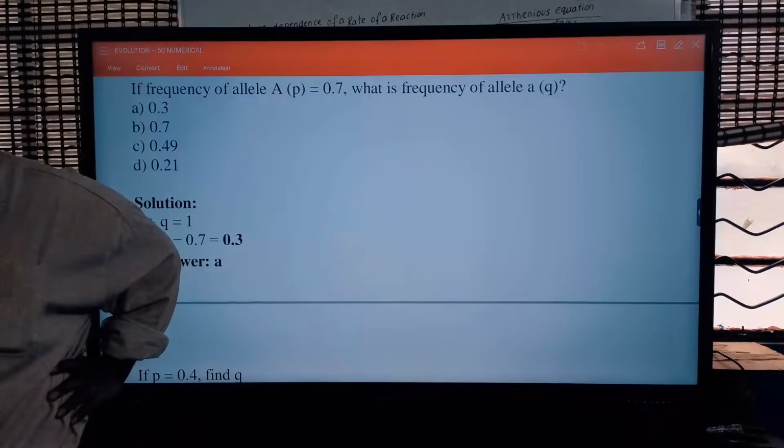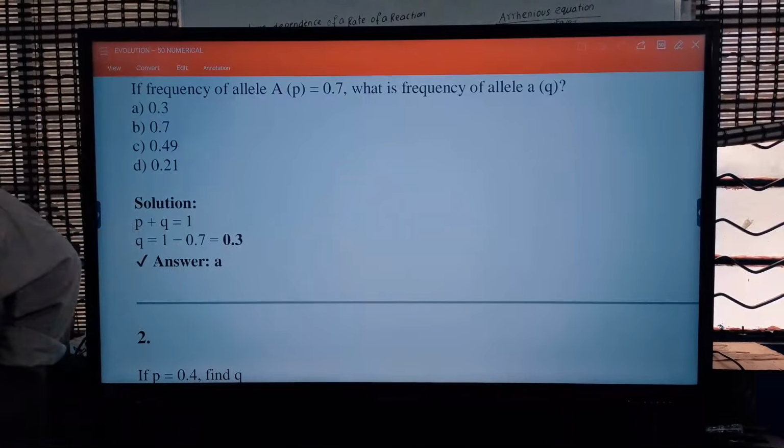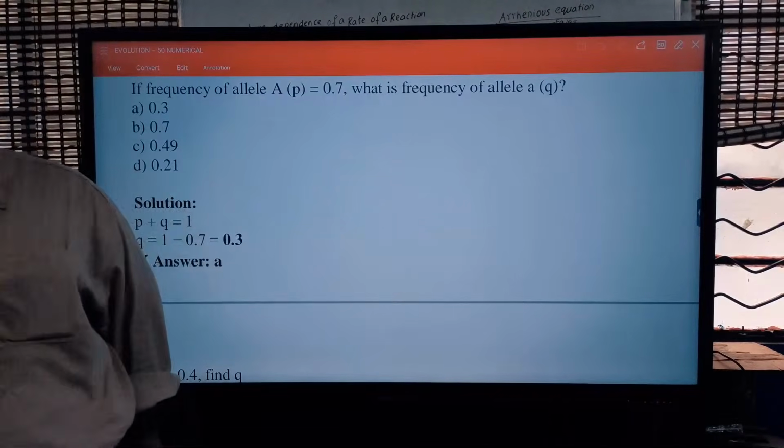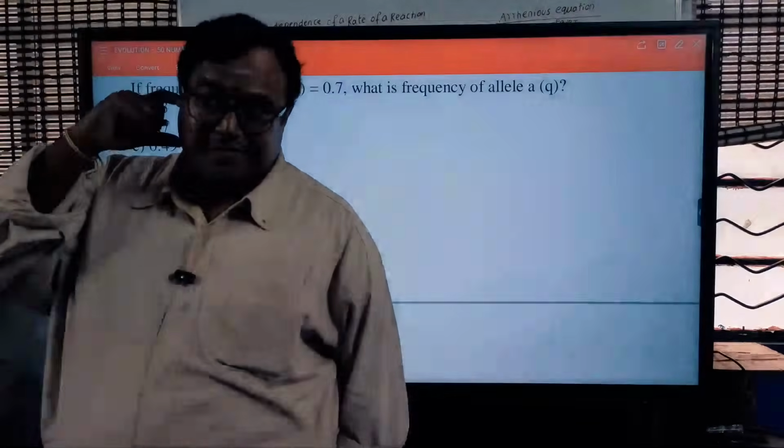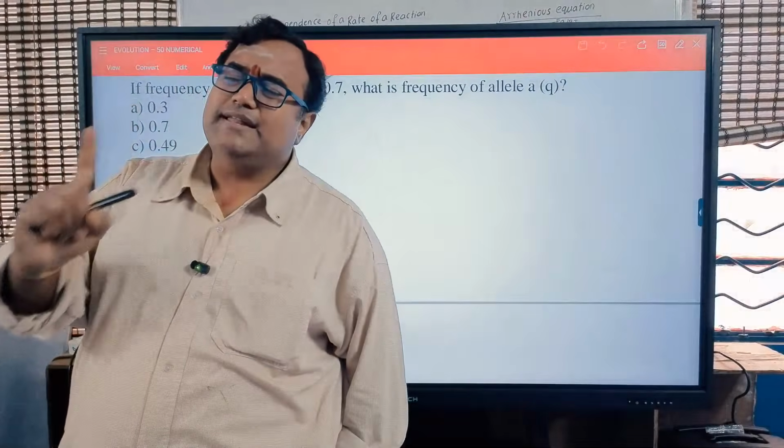Okay, that is called hemizygous. That is called not homozygous, not heterozygous, hemizygous. Can you give the example? Color blindness. In the color blindness concept, a single recessive allele is enough to bring the